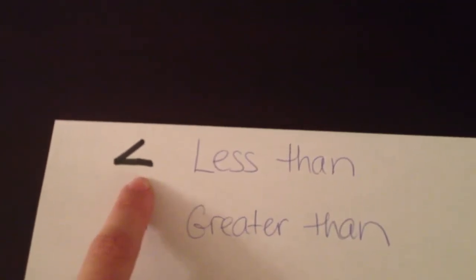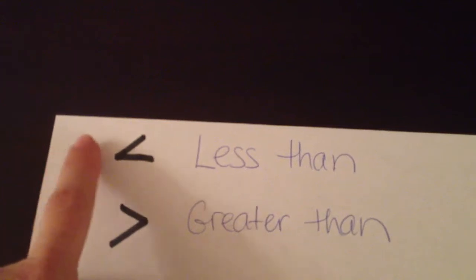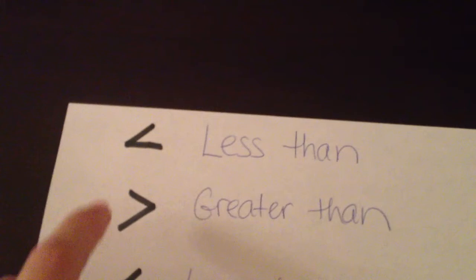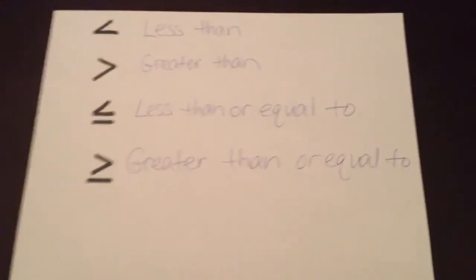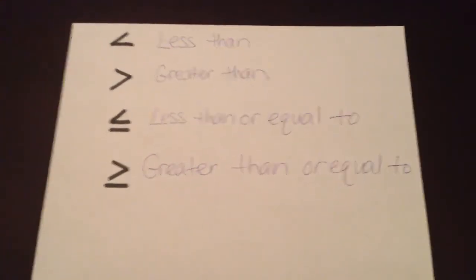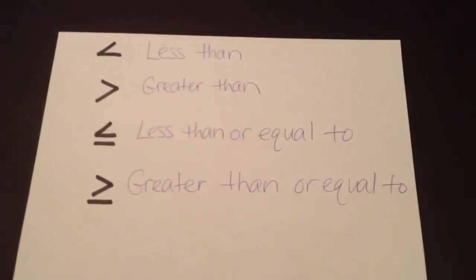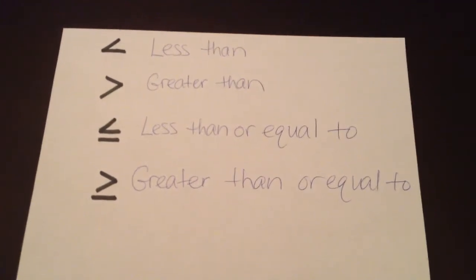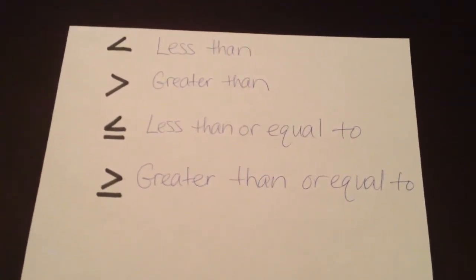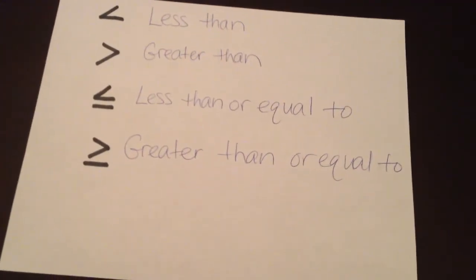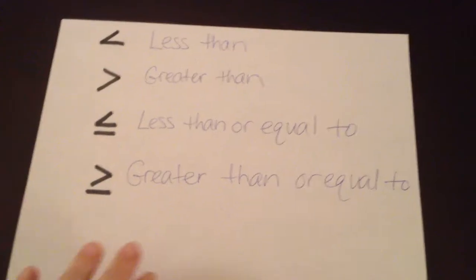So this symbol does mean less than, and the number that comes first would be less than the second number. Same thing with greater than. The greater than symbol, the greater number goes first, followed by the smaller number. Then we have these two other symbols, which are also inequality symbols, but they will tell us that the number is less than or equal to whatever the second value is. Likewise, the fourth symbol, greater than or equal to. So what we're going to do now is show you how to